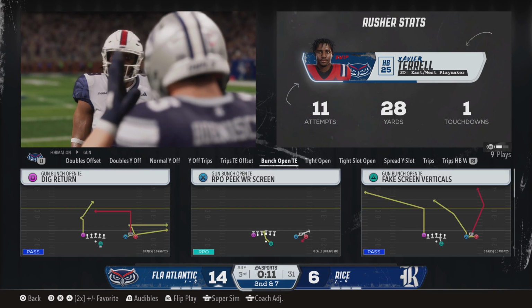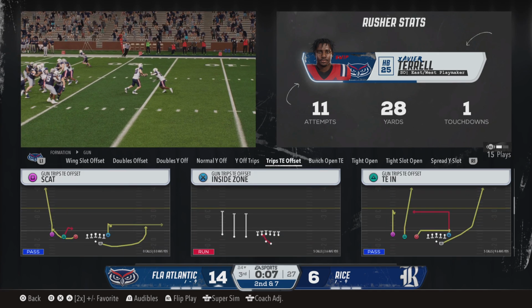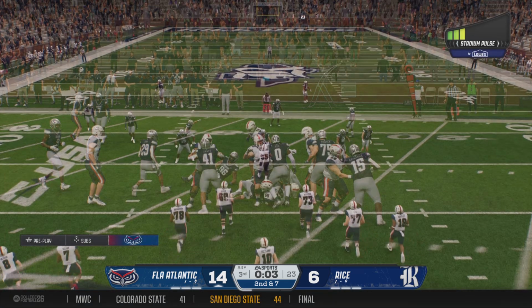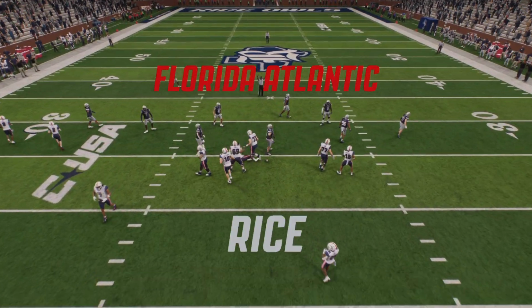Well, we're not quite in the 4th quarter yet. We're almost there, but you're seeing the attitude shift now for this offense. They've got the lead, so they've got to be able to run the football. You're going to see a lot more of that, I think, as this game keeps going on. They're trying to wear this defense